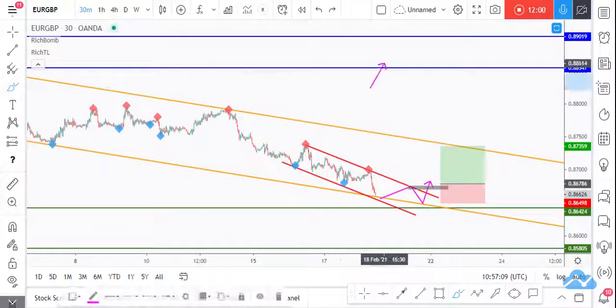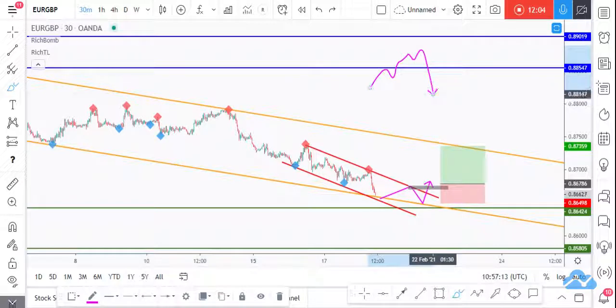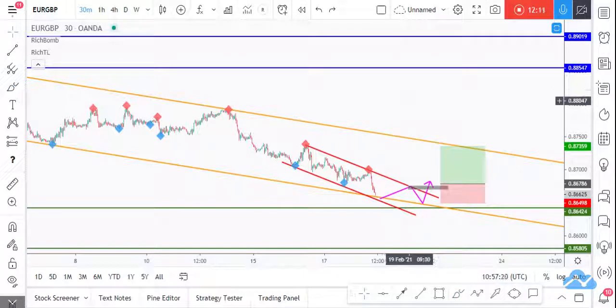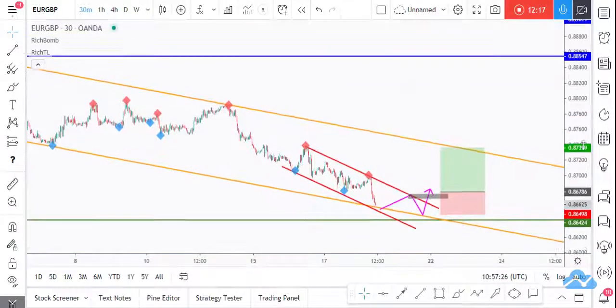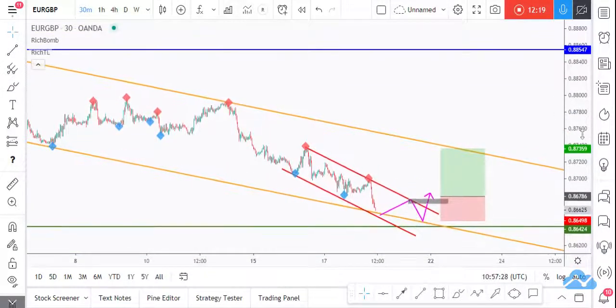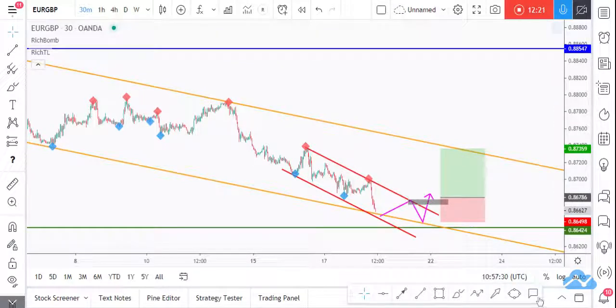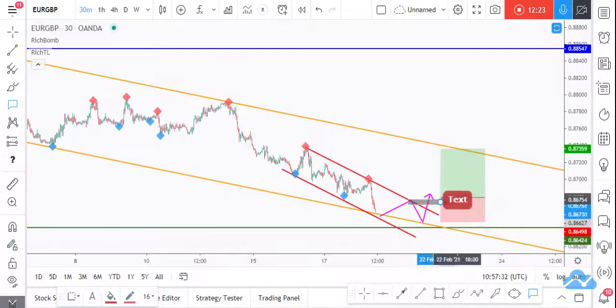Just like here, if you sold here, price can still go up, form a setup, and then go down. Right? Or even price can still take it upward entirely for it to become a support, and you know the rest of the story, right? So that's it basically on Euro GBP. Let me fix it again. And here we go. And yes, you know that I would put a trigger here,